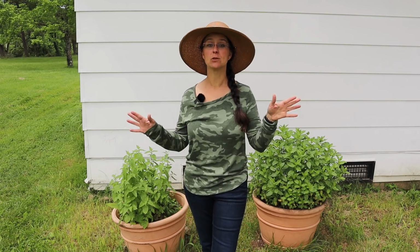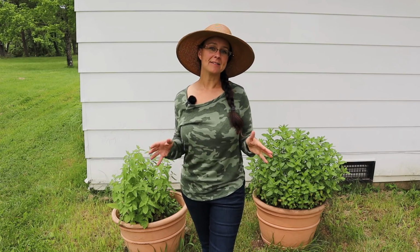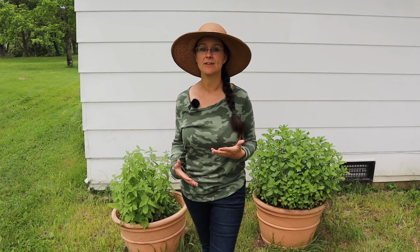It is a beautiful cloudy day actually here in the Missouri Ozarks. Perfect temperature. This is the best time of year for me because late spring is when my herbs are big enough that I can start harvesting them, and herbs are one of my absolute favorite things to grow here on